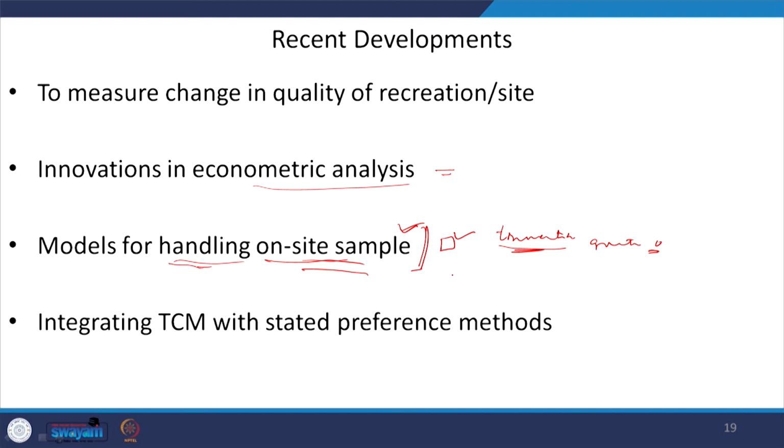He may visit n number of times, but at least the visitor would be visiting just once. So, this problem would be there when you are counting the number of times the visitor is visiting that particular site. And moreover, in recent developments we are also integrating the stated preference method